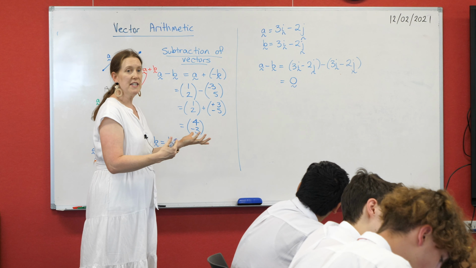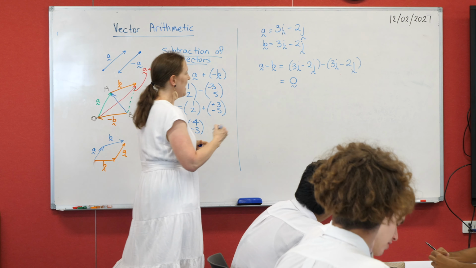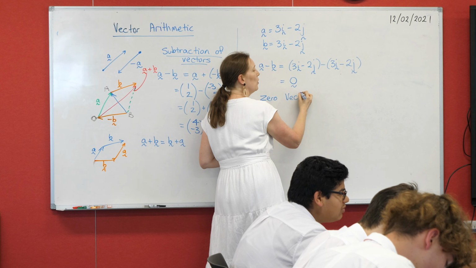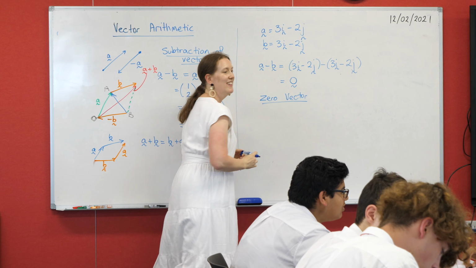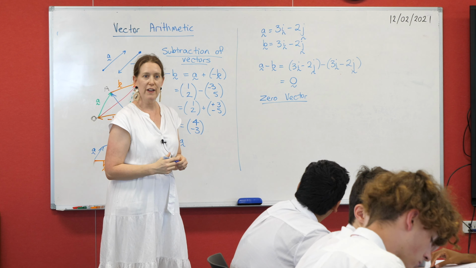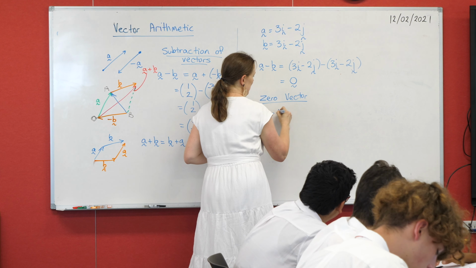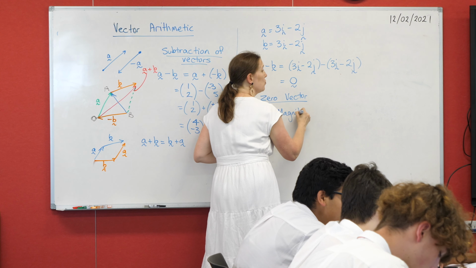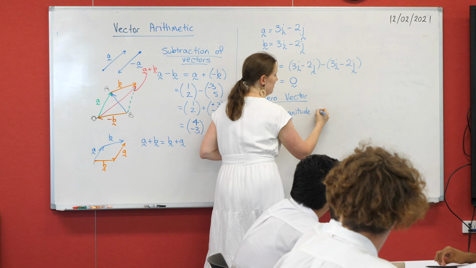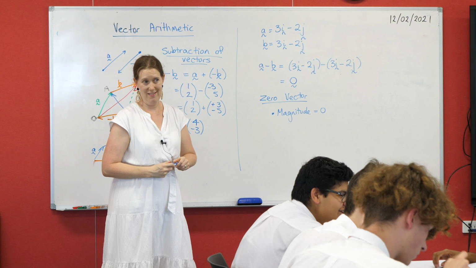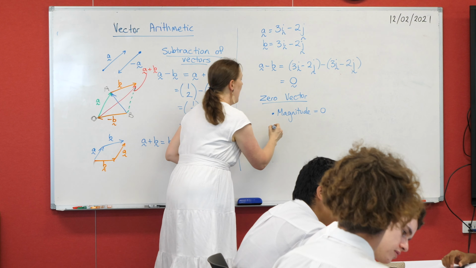But this is a very special vector. It's a vector called the 0 vector. We're very creative. It's got some special features. What's its magnitude? What's its direction? No direction. It's got no direction. However,